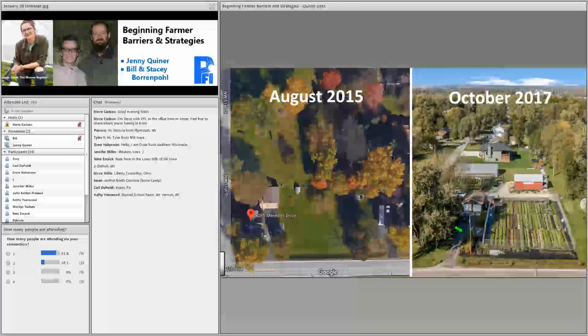And one other shot, so Google Maps has not updated our farm yet, so it's kind of cool. We can still see what it looks like a couple years ago. So you can see there August 2015 and then where we are now in October. We did have to take down quite a bit of trees, and there was a big transformation in this section